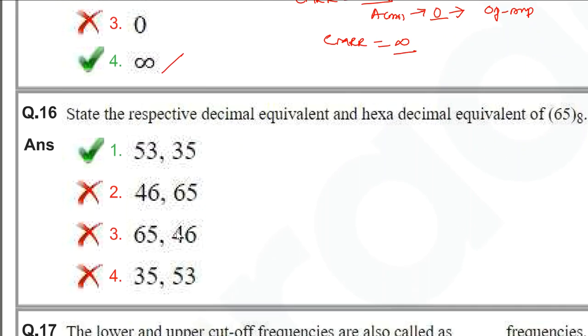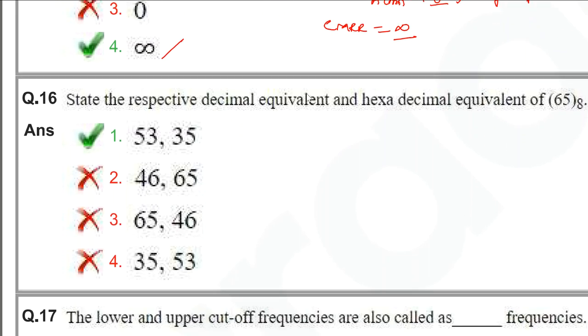Next one. State the respective decimal equivalent and hexadecimal equivalent of 65 base 8. So we need to convert it into its hexadecimal value as well as its decimal equivalent value. First of all, I will go for the decimal equivalent value. So 65, I will write into its binary equivalent form, that is 110101,